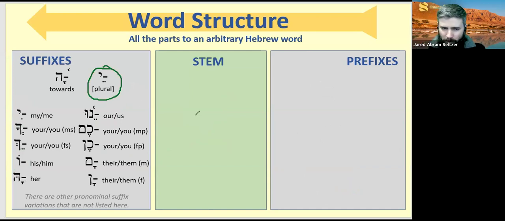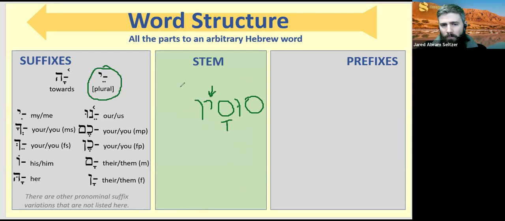This is something we don't learn till later, but if I want to say his horses, you take the word sus, put a plural yod in there, and then you stick on your pronominal suffix. All of a sudden, what was his horse suso becomes something different. Unfortunately, it's pronounced all wackadoodle now. It used to be pronounced differently. It is susav, but the yod here tells you